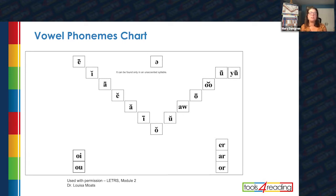And so here you see the vowel valley that we use in letters. Again, you need several days and many practices to get comfortable with this. But I'm also going to say, as teachers, you can learn this with your students. And I'm always fascinated by how kids glom onto this. I'm talking kindergarten and first grade kids, that they really begin to make sense of these things because they